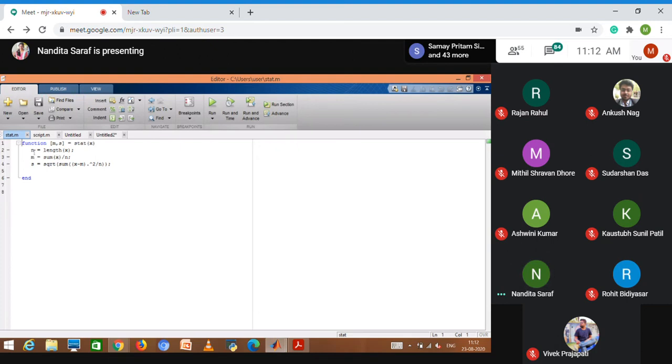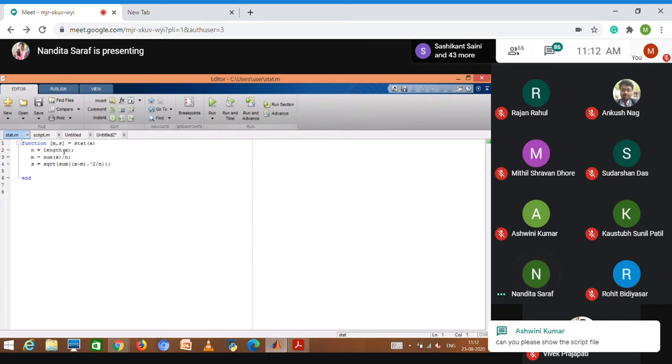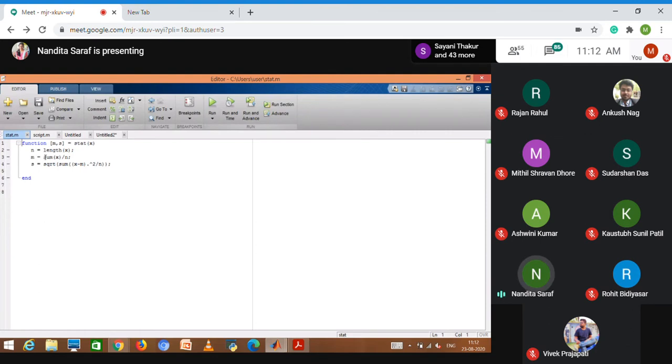To calculate the number of elements, you have the inbuilt function length. It will give you the number of elements. m is equal to sum of all the elements divided by n, and s is square root of sum of (x minus m) dot squared, divided by n. This is standard deviation.